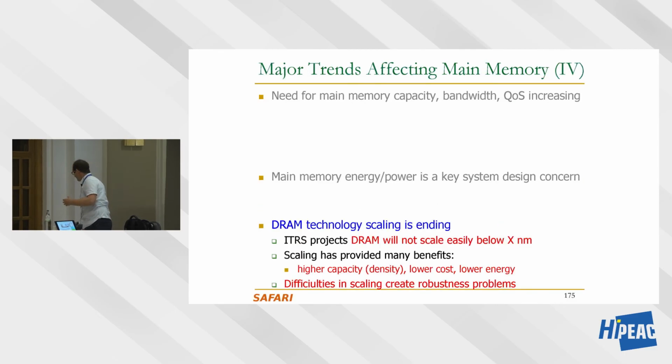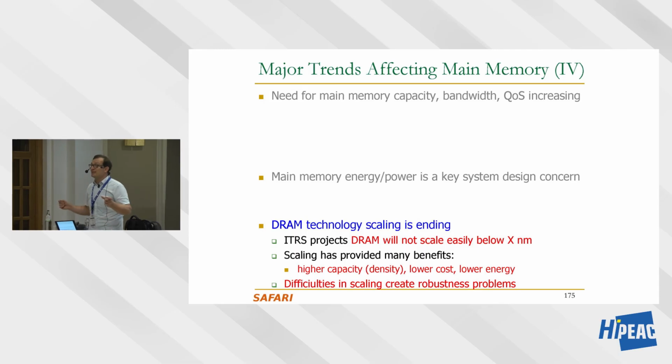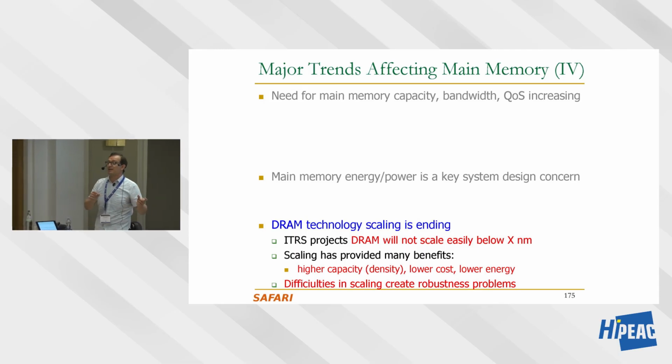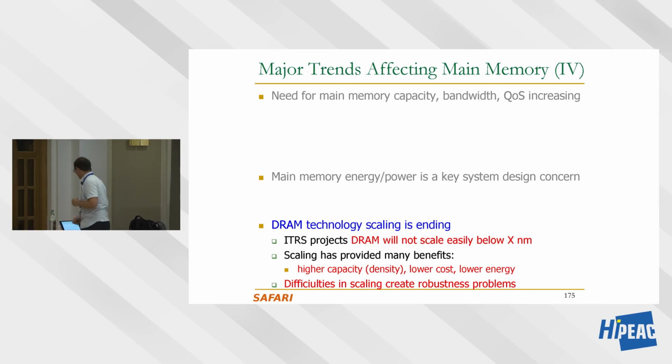In my opinion, memory-centric computing can improve all of these, but most importantly, perhaps energy. Even though you may not gain performance with memory-centric computing, you will gain energy because you're not moving data as much. And we've shown this in many cases. You gain performance and energy, actually, in most cases. But when you don't gain performance, you actually gain energy. Well, gain energy meaning you reduce the energy consumption.